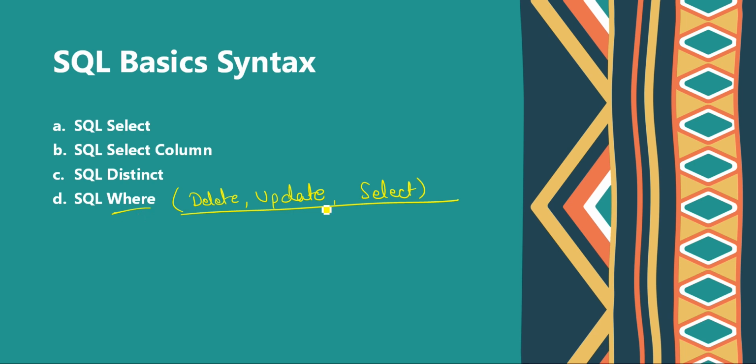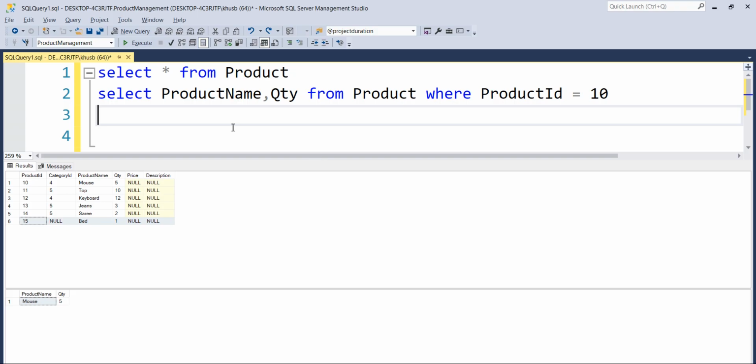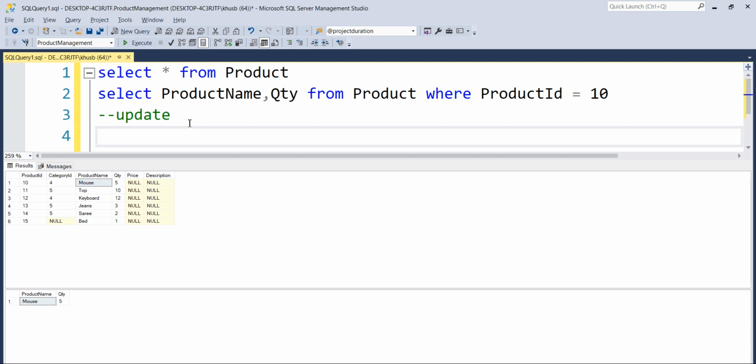So we can use this where clause to delete, update and select. Let's use this in update. Let's say this mouse spelling is by mistake written something different, or I want this mouse to be in capital letters. So obviously I want to update this product name, but I don't want to update all the product names, right? I only want to update this mouse. So I will write what I want to do.